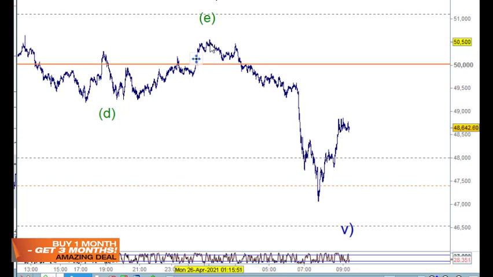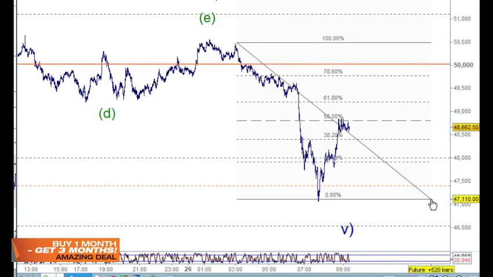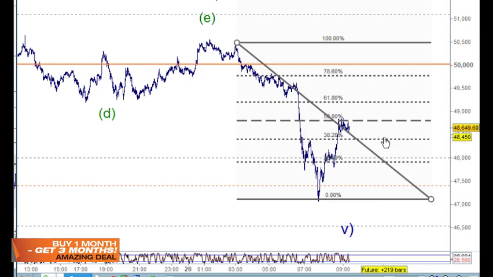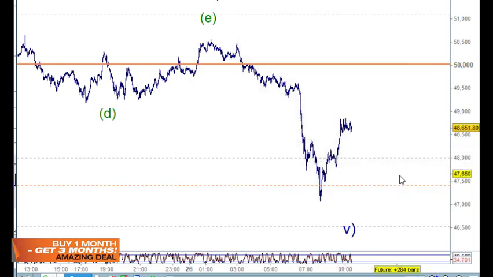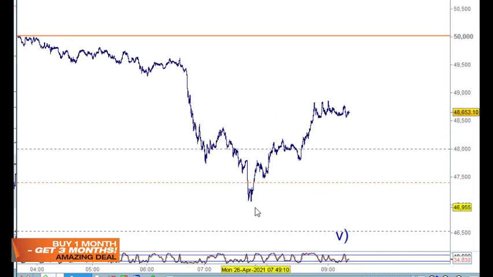Yeah, I looked at counting this down through here. I'm just stuck with one extra wave, because when I count it from here, I got 1, 2, 3, 4, and 5 here. So I got 5 waves to this point, but I got this extra wave here. That's why I'm wondering if I'm going to get one more move down from here, but we're above the 38.2%, so we'll probably drift higher from this point, but